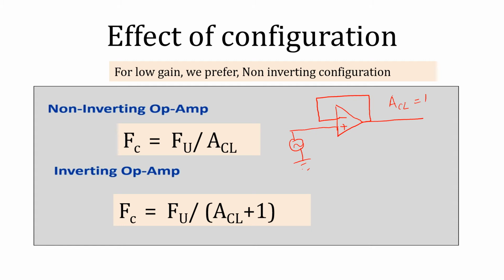and if we use an inverting amplifier, in that case the formula will be a little bit different. We will discuss in the next slides why this formula is different for both configurations. But the actual point I want to emphasize here is that for lower gain we always prefer the non-inverting configuration. So please note down this concept, because such concepts are very important for your quiz questions. For lower gain we always prefer non-inverting configuration. Okay, so let's move ahead and I'll tell you why this concept is here.